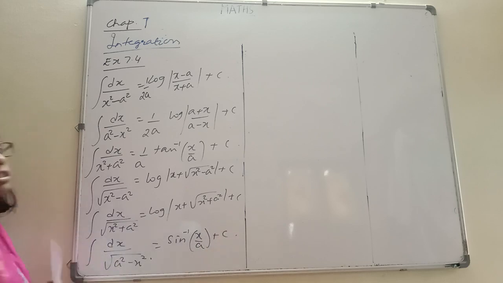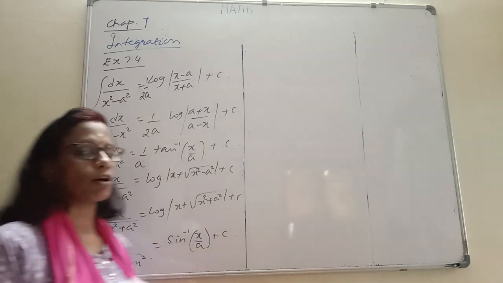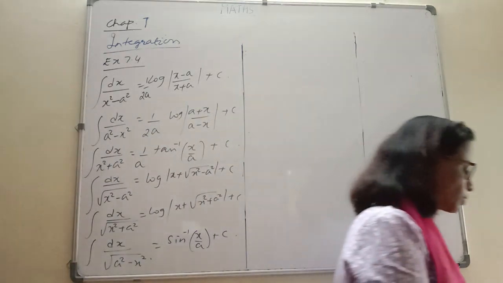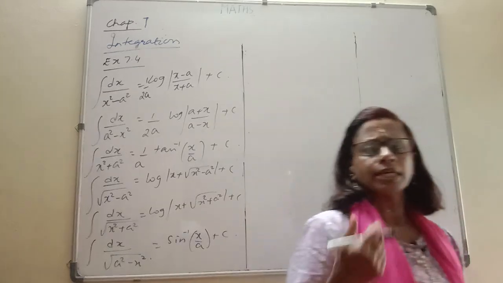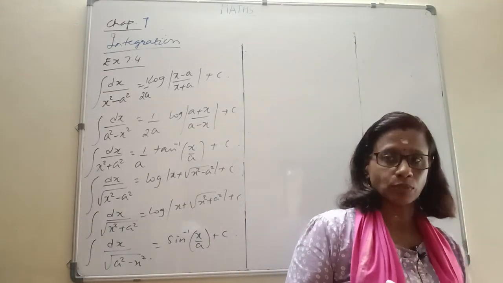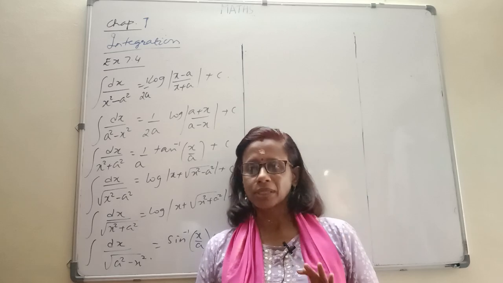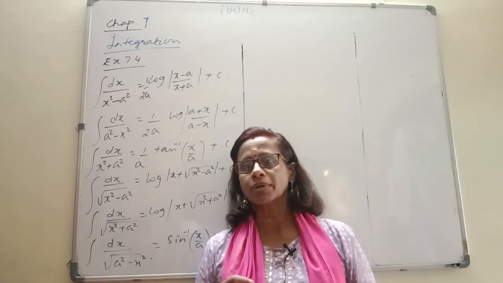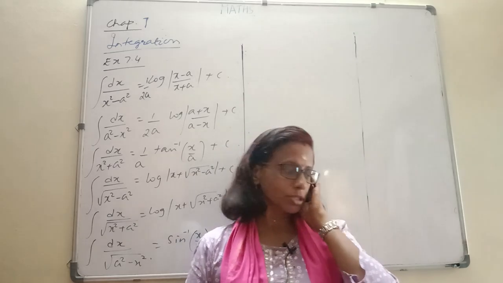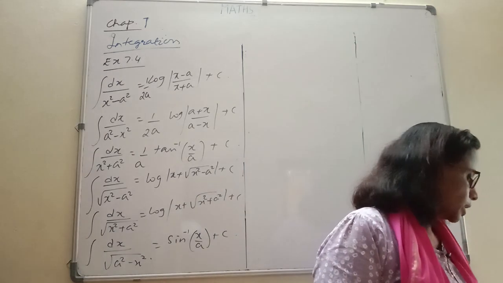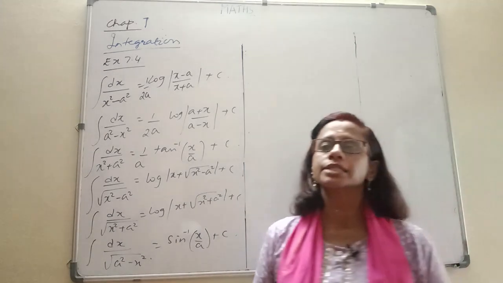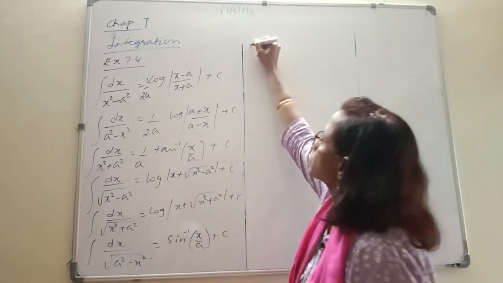So that's all. These are the formulae on the basis of which the exercise that we are going to do is based. Once you know these formulae, the exercise is very simple till the 10th question. After the 10th question, there is this concept of completing squares coming. So there we have to brush up our old concepts and then do it. So that's about it. Let's quickly move on to exercise 7.4, and the very first question there,